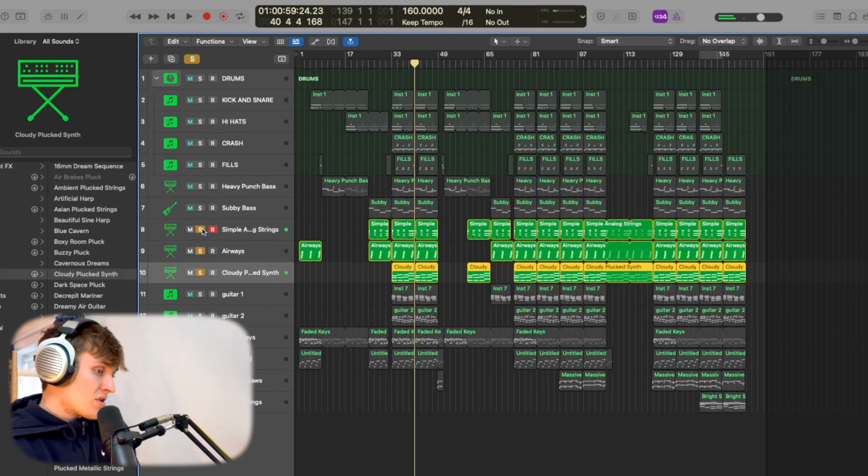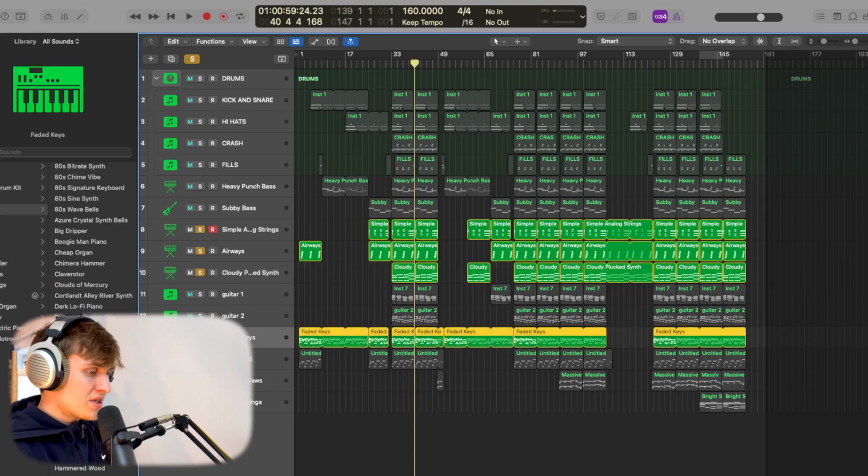So yeah, the synths are coming along really well. Now, I'm going to skip these so we can just get all the synths covered at once. We next added some faded keys. This was the next element we added,